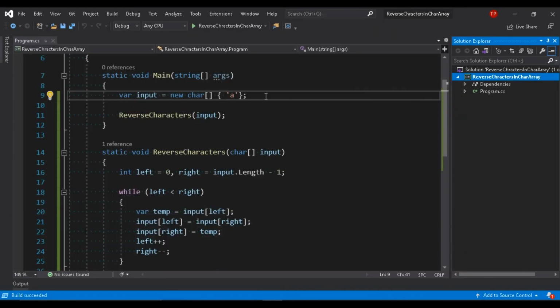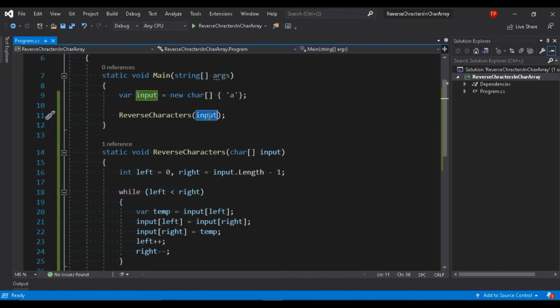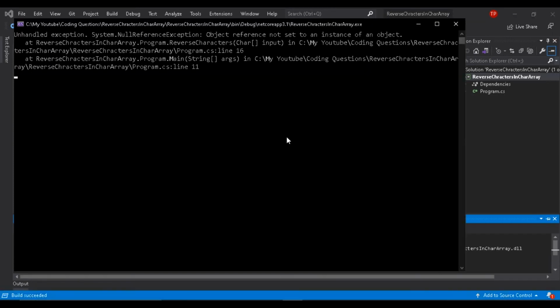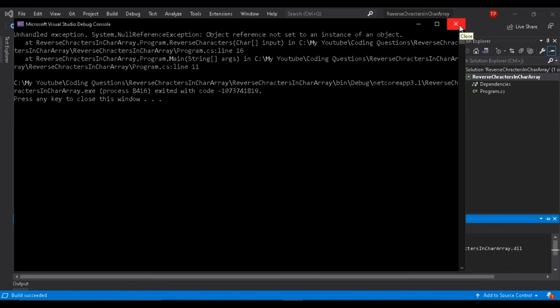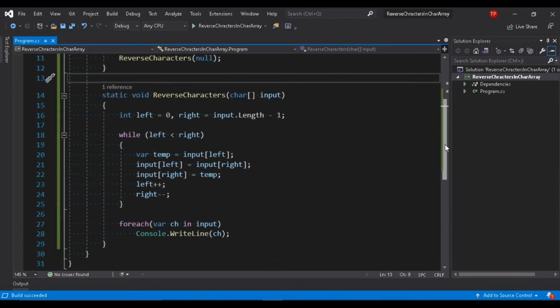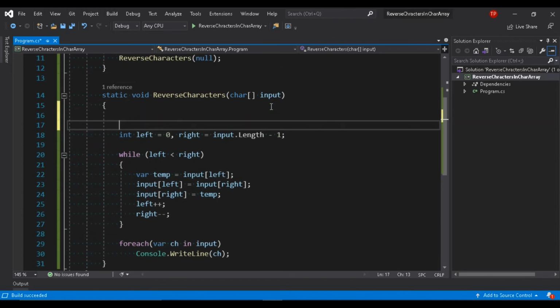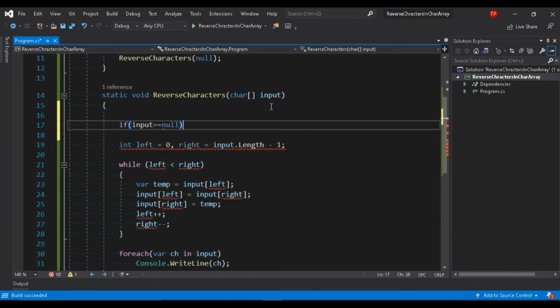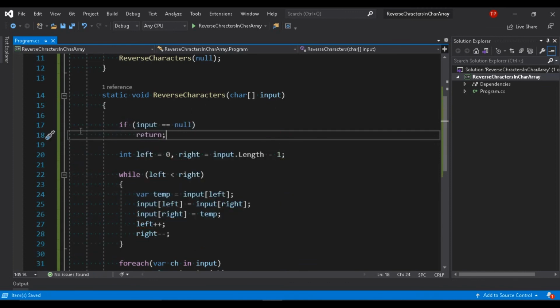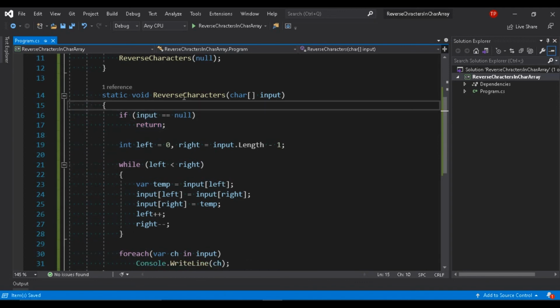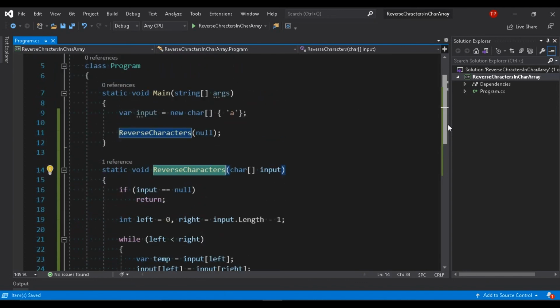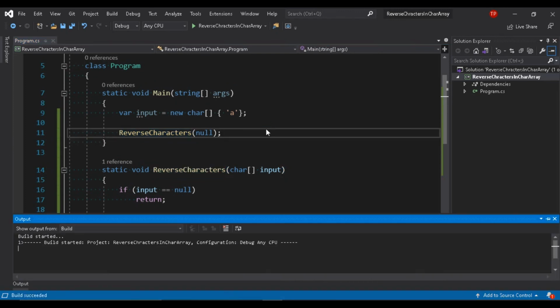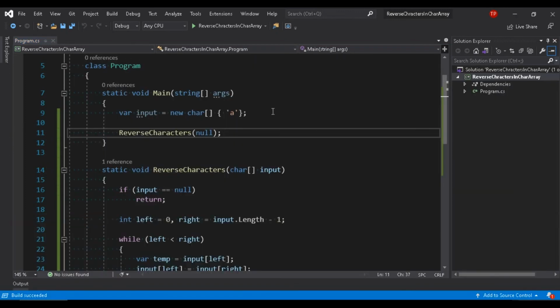It is a. What will happen if instead of an input, the user is typing null, right? Let's run it. So we got the exception: object reference not set to an instance of an object, right? Because what happens here is we are not handling null here. So I will add one check: if input equals null, I will just return. What it will do is just come out of this function itself. So this method will terminate. So let's see what the output is. So it should be empty. Yeah, so it puts the empty here, right?